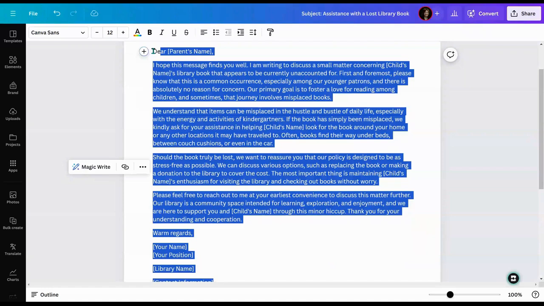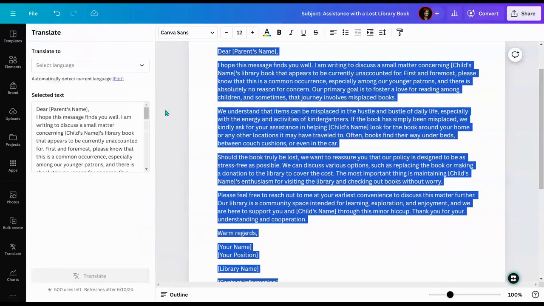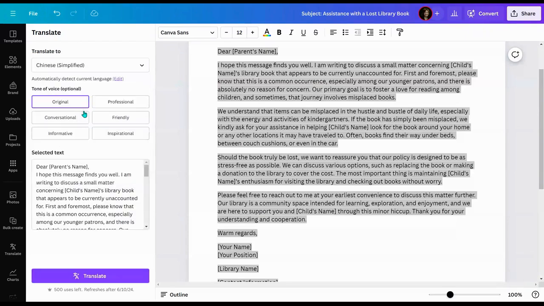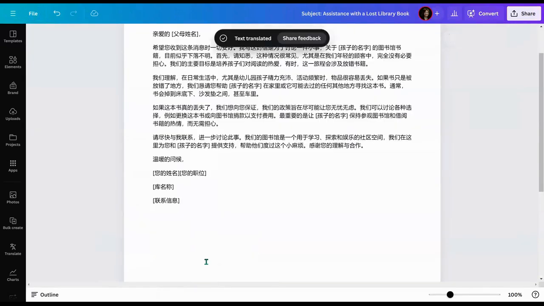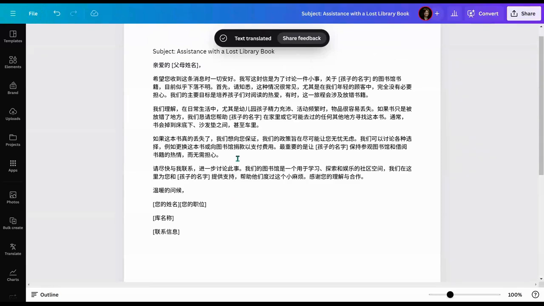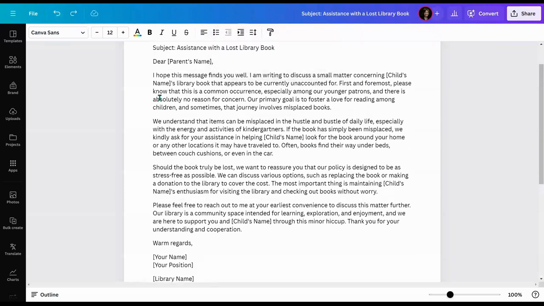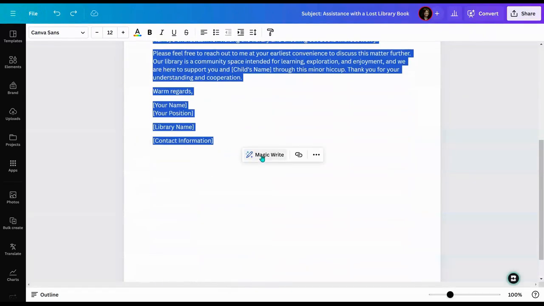So let's highlight the text again, and let's use the Magic Write again. And let's see. And you can see that you could choose different kinds of ideas. You could translate this in here. You could change the voice in here. So lots of things you can do. The tone, you can change. Again, here's the translation. So if you want to mail it home to someone whose parents are not English language, whose English is not their primary language,